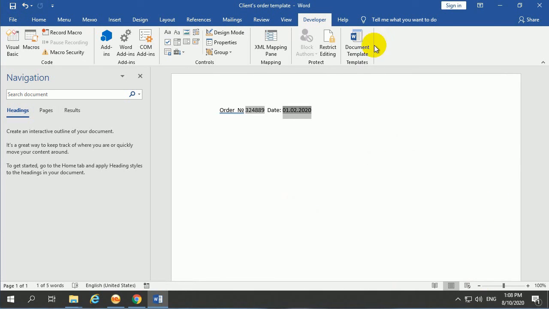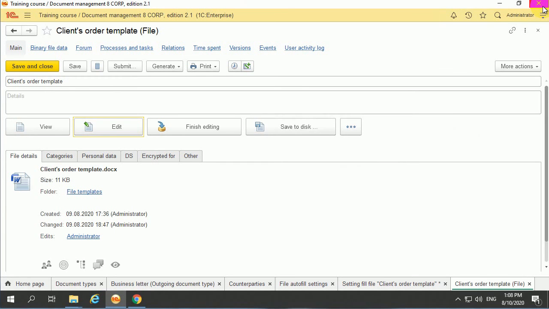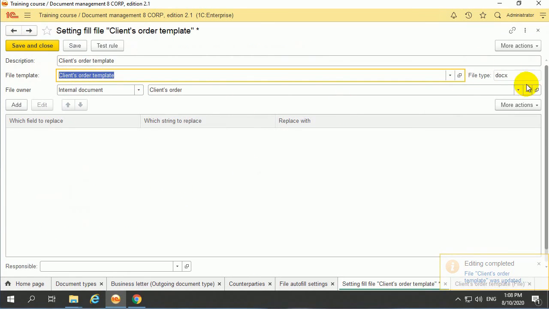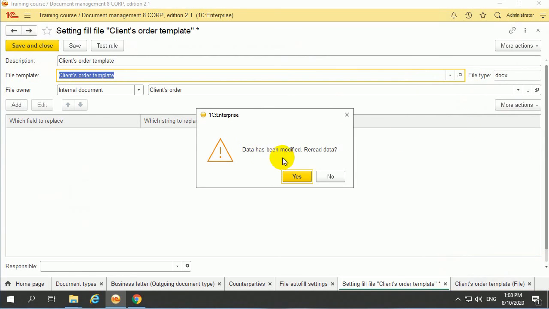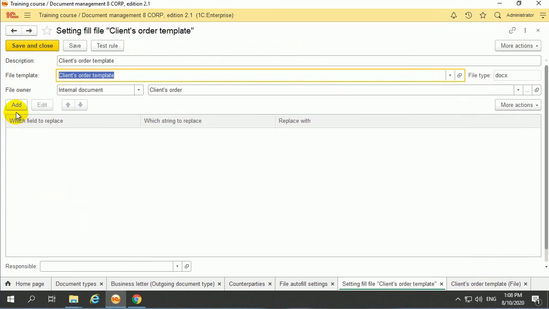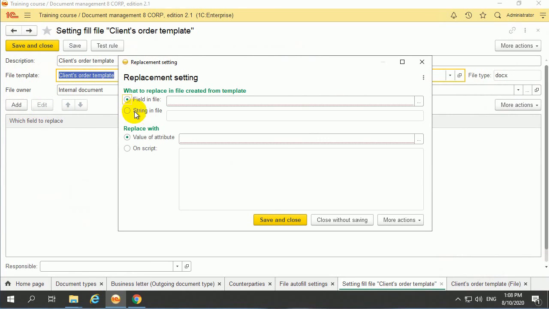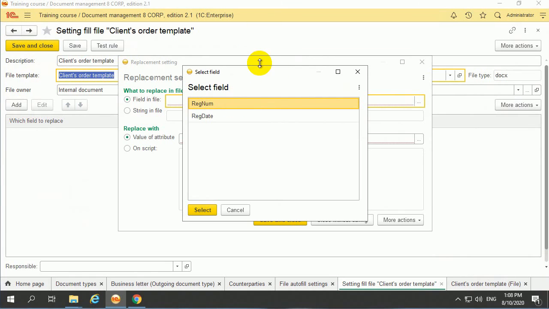Okay, save in Word. Finish editing. Done. Let's reread, refresh. Data has been modified. Read data, yes. Add,